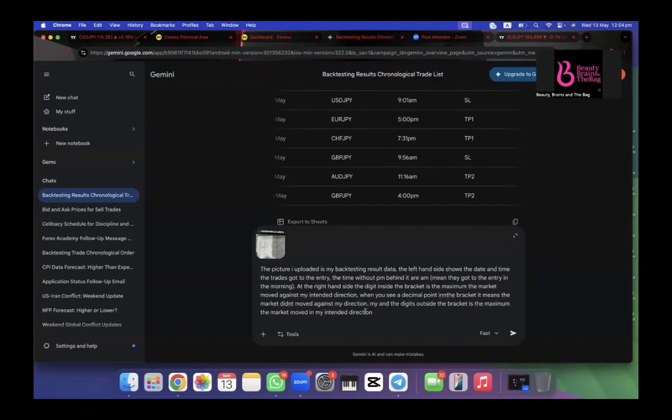Okay. The digits outside the bracket is the maximum the market moved in my intended direction. So you can ask it to first of all clean the data and put it in digital format,